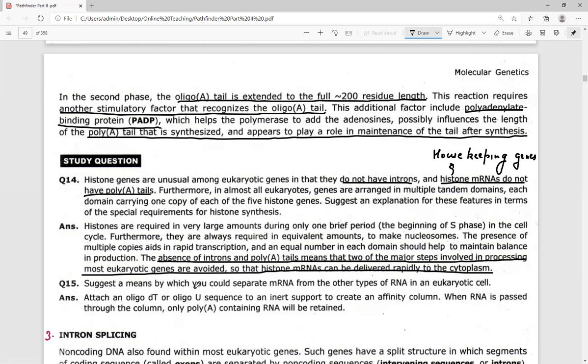Suggest a means by which you could separate mRNA from other different types of RNA in a eukaryotic cell. The mRNA can be separated from other types of RNA using an oligo dT or an oligo U sequence attached to an inert support to create an affinity column. In this affinity column, you are going to use beads, and those beads will have